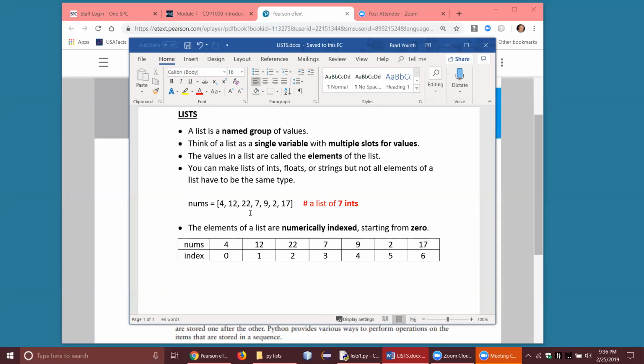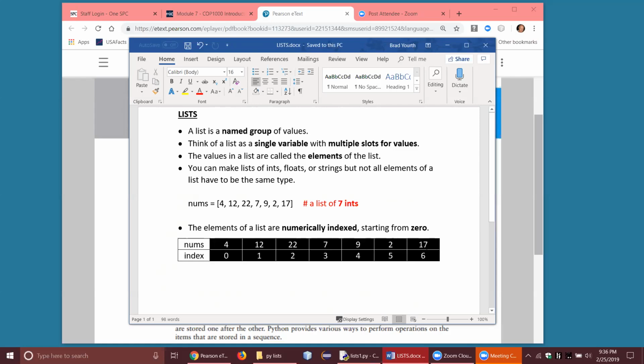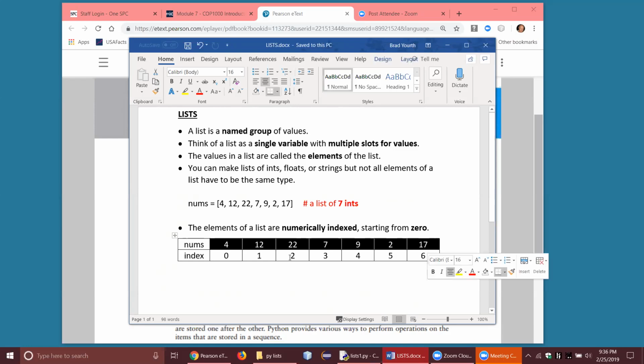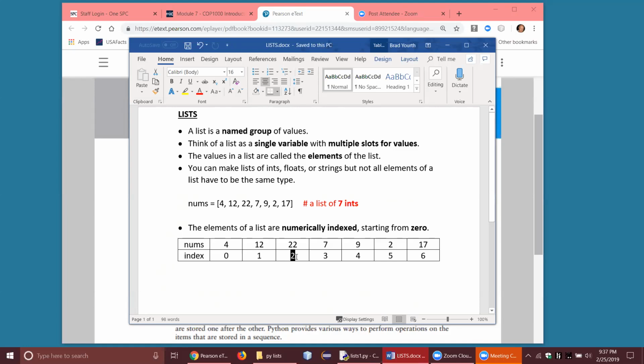And a key point about this is that the elements are indexed numerically, starting from 0. And that's pretty common in all programming languages. The indexing starts at 0. So here's our nums list in the top row here, from 4 to 17. And the indexes go 0, 1, 2, 3, 4, 5, 6. 7 elements indexed from 0 to 6. That's an important concept to always keep in mind. Indexing starts at 0. So the third number is actually index 2. So you have to watch for